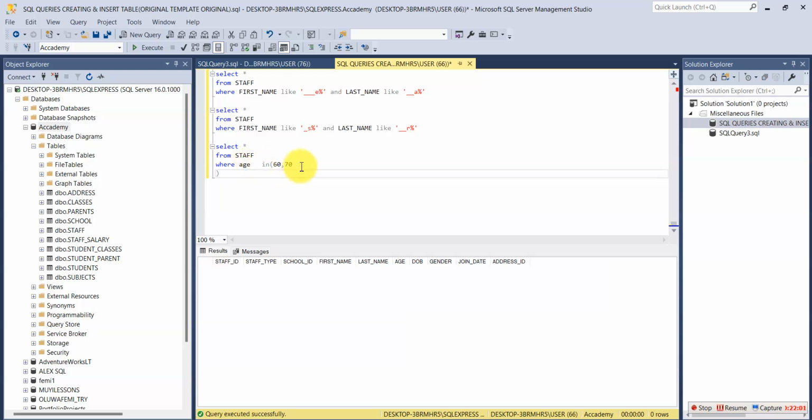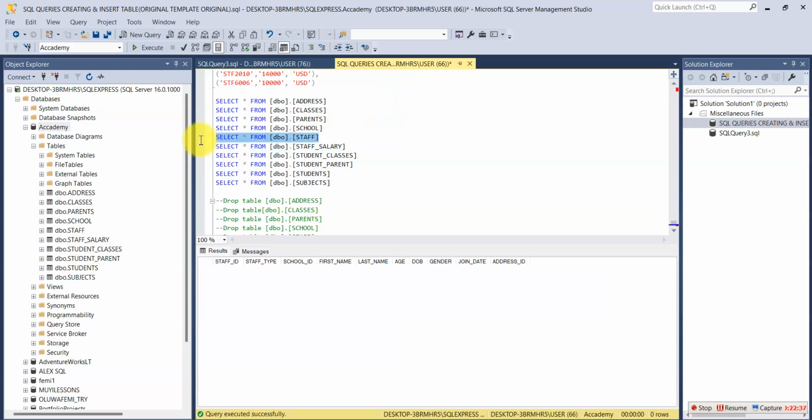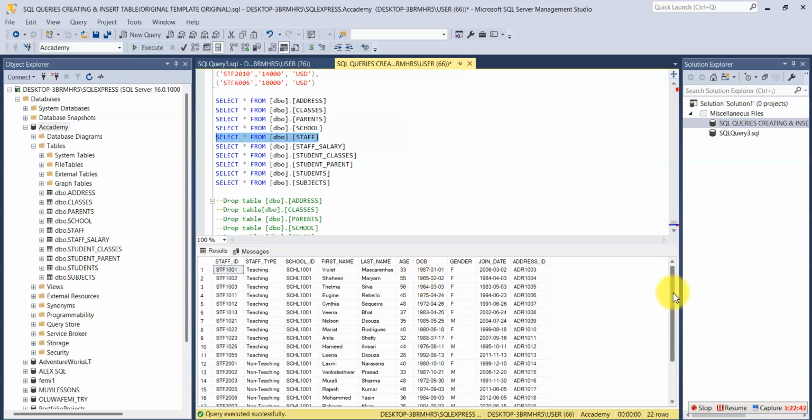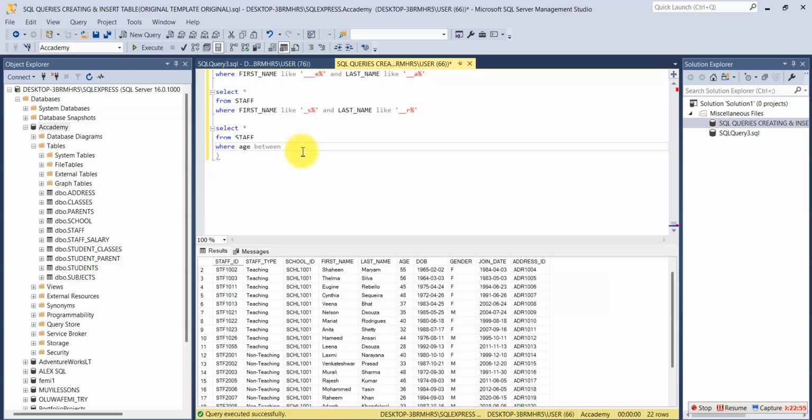Okay, where age is between, let me use between 30, no, 60, no, let me load the table so that I'll be factual and correct and not make errors. Okay, so where this is between 20 to 50, let me say 20 to 50. So it's between 20 and 50, or is it AND? Let me use AND